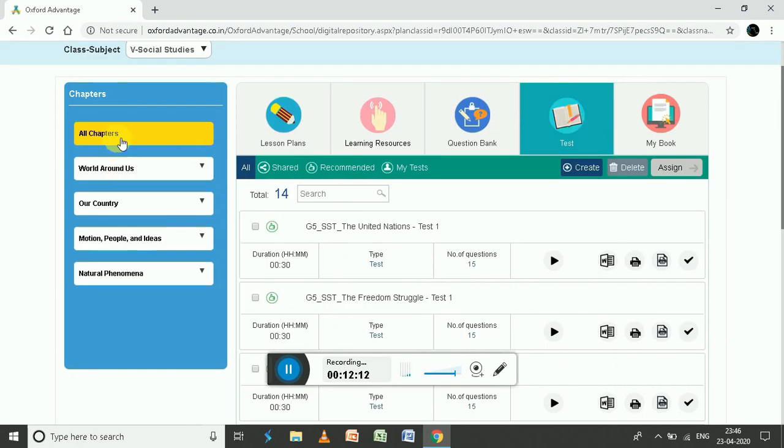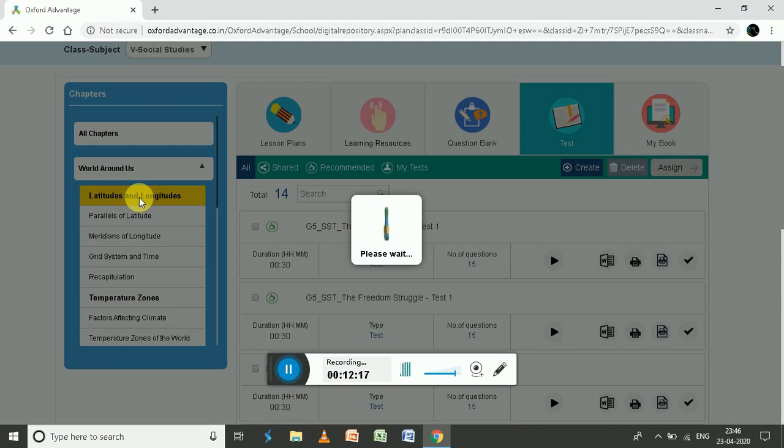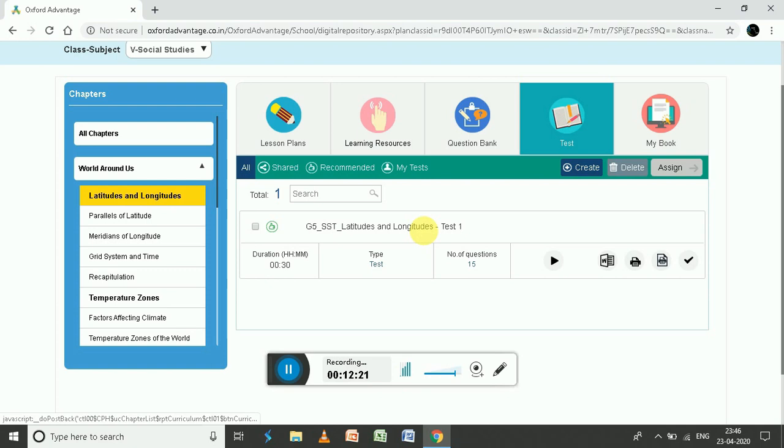So again, you have to click, because test comprises a collection of all the chapters. All right, there are total over here, you can see only one test question paper is there. Total number of questions are 15. You can increase it. Over here there are options. This is a play button. That means the test will be forwarded, or the test will be played, so the students can one by one come and attend. Over here there is a word symbol.